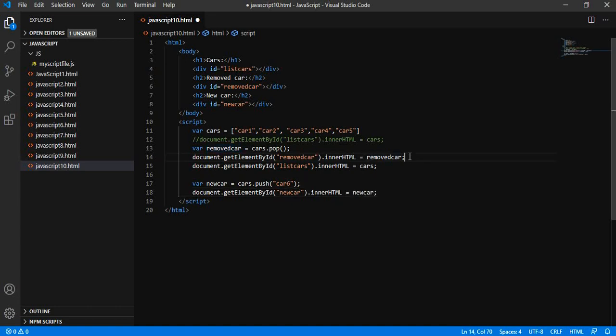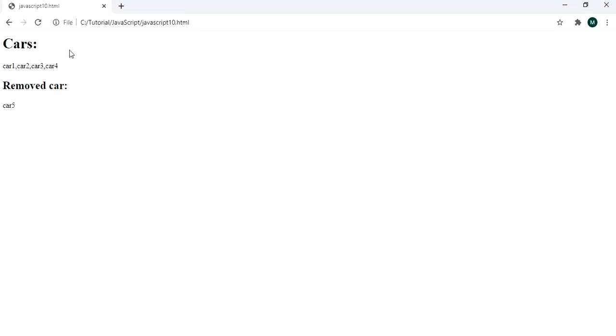And we will add this particular assignment at the end. So the new added index is 5.